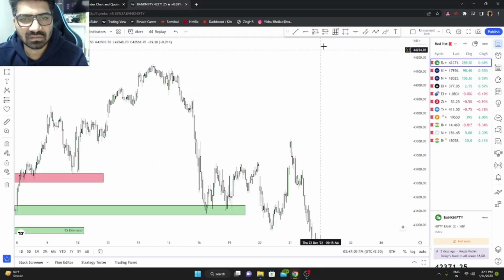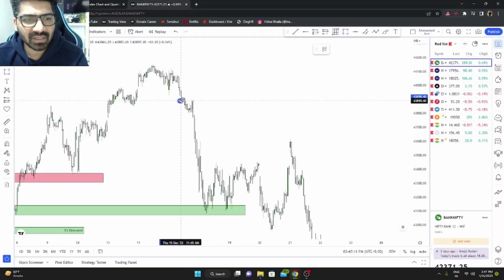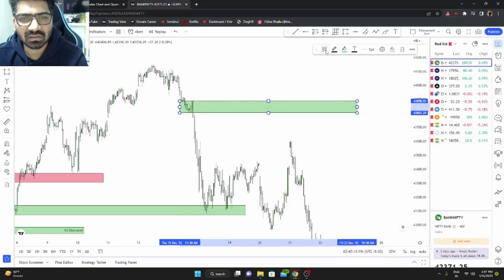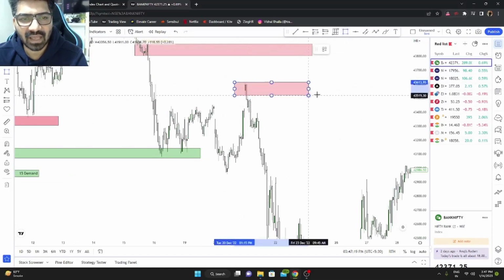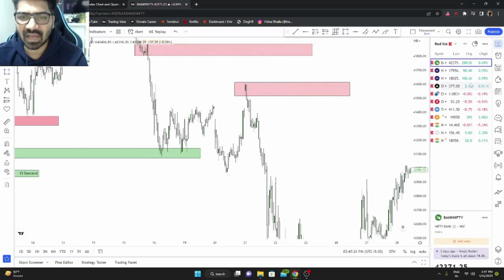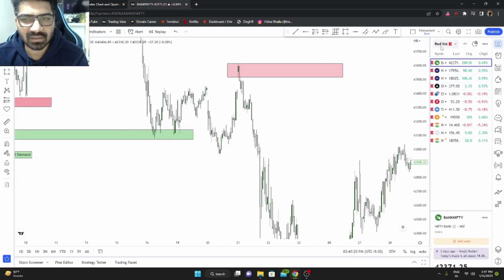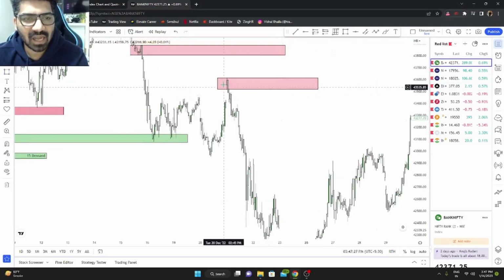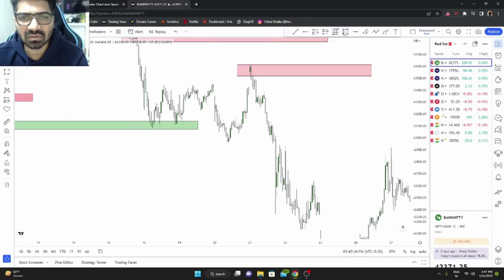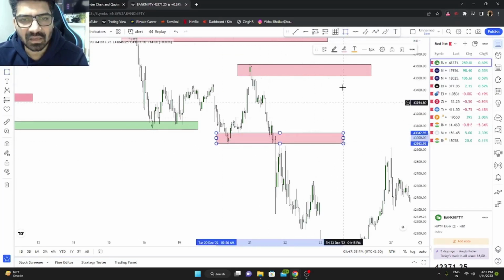This is a very good area from where we can look for, we can mark this as supply zone. This is also a very good area. Prices have tapped, and we'll see if the price has tapped here in the later part. We are just marking the demand and supply zone. Last buying candle before the selling comes, last selling candle before the buying comes. So this again, you can mark as a demand zone,